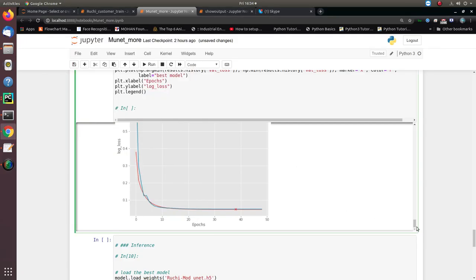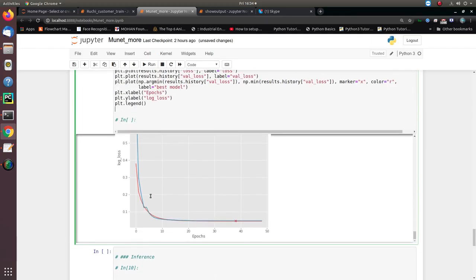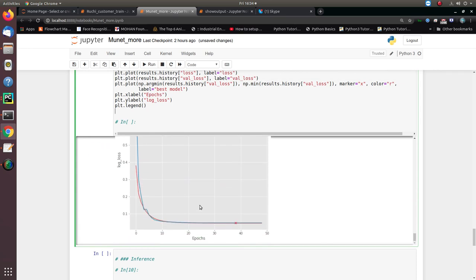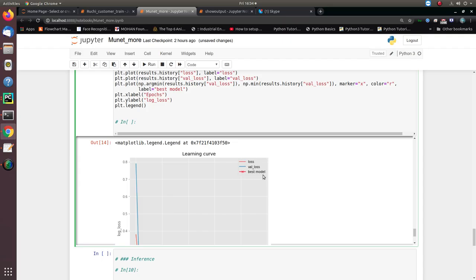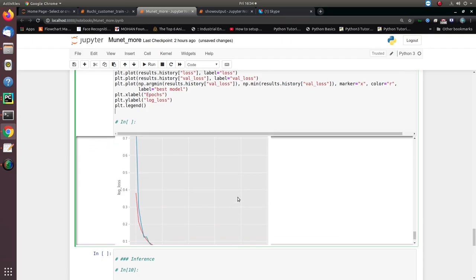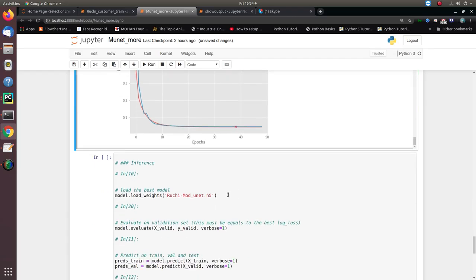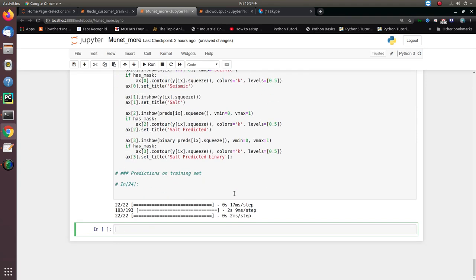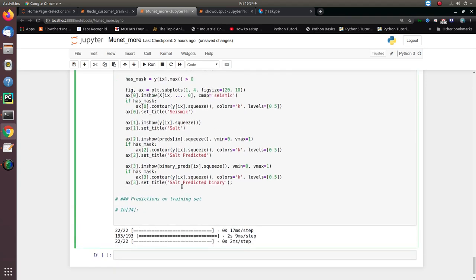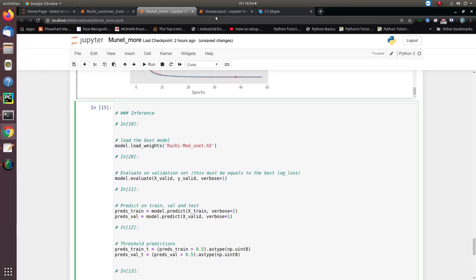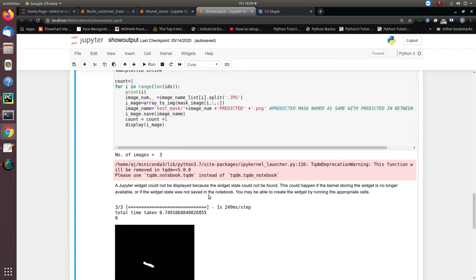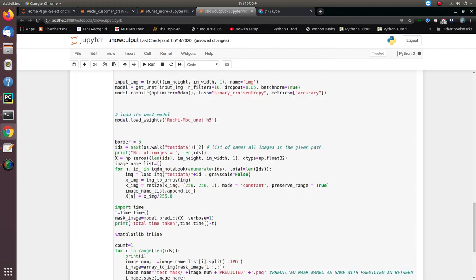So guys, my training is completed. As you can see here, the loss from the first epoch till the epoch of 38 keeps on improving. This is the optimum loss value we achieved, the learning curve, and the best model is being saved automatically at this point. So now let's see how the validations will be performed. For validations, I created a separate script which loads the model and shows you the output corresponding to input images.